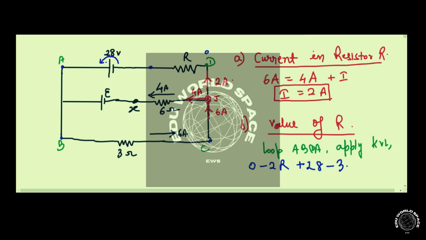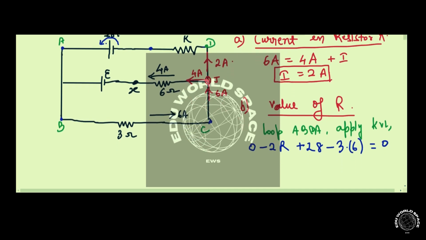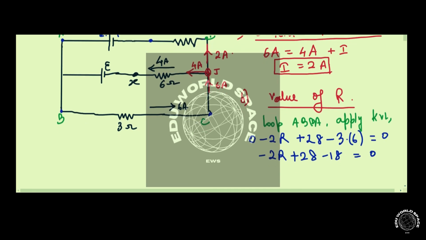So minus 3 into 6, and that will be the potential at D, because they are connected by a straight wire. And from here we can just solve this equation. So we get minus 2R plus 28 minus 18, and that is 0. So from here we get the value of R as